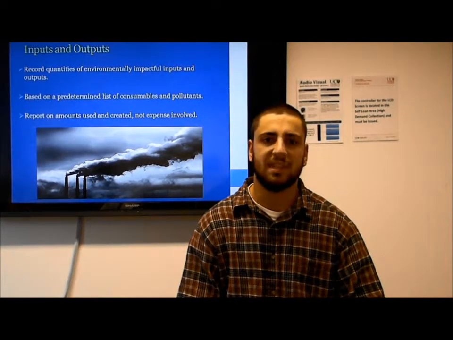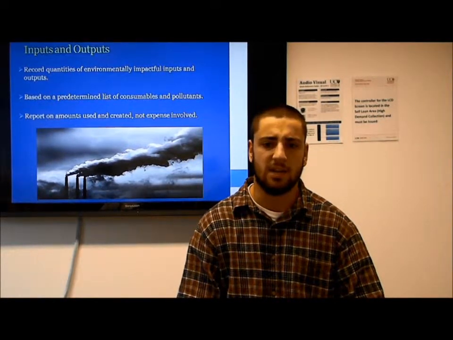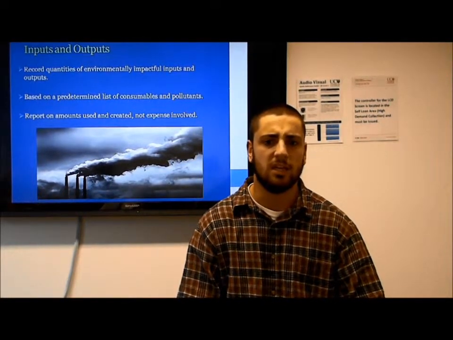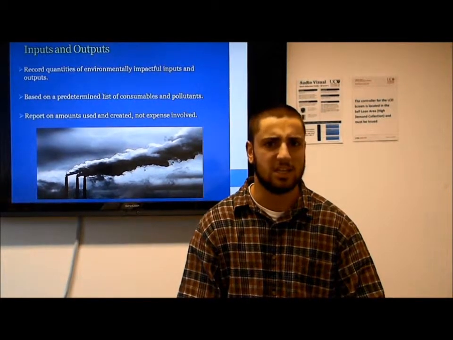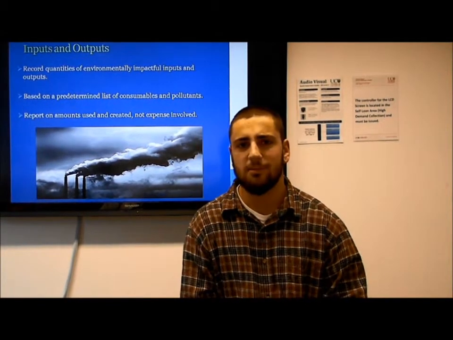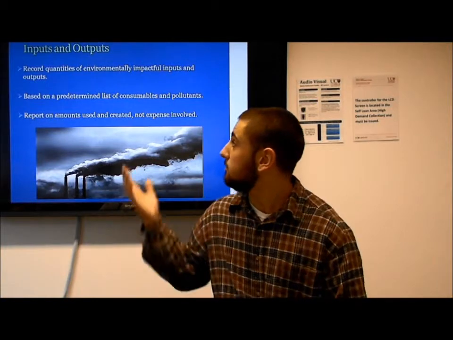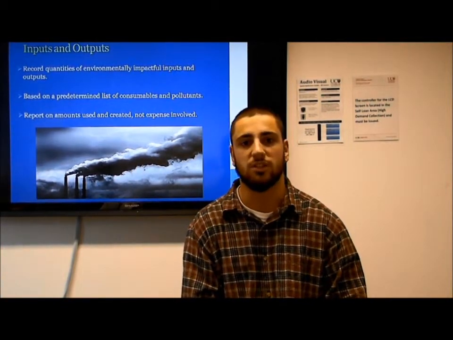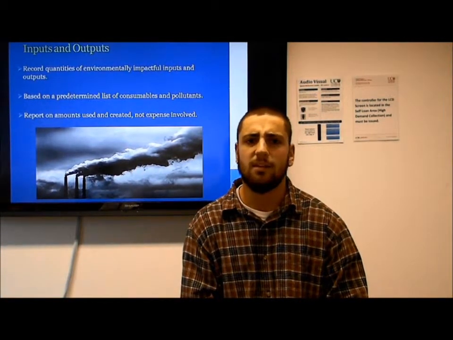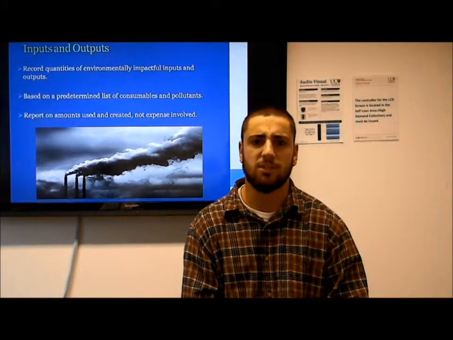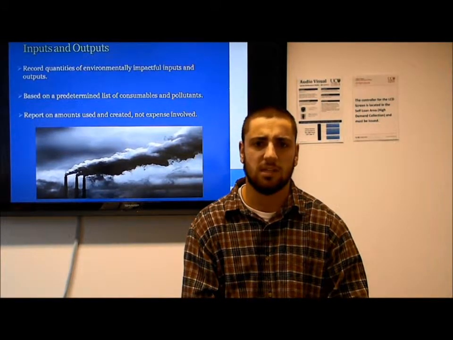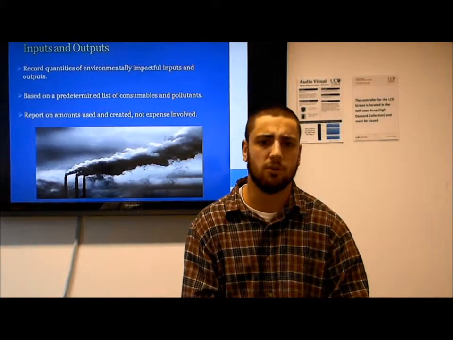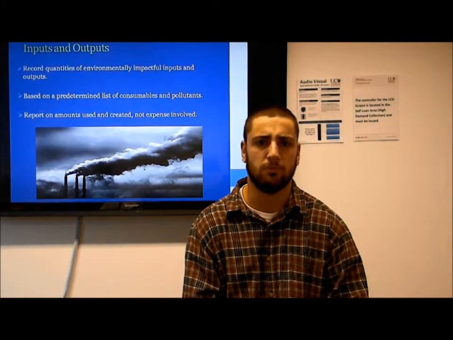All consumables are easily quantifiable so as to show the specific amounts used, and there would be no need for companies to report on how much has actually been spent. Now that we've spoken about the inputs, we can move on to the outputs created in production. Again, this would consist of a predetermined list of outputs and pollutants. Examples could consist of output of non-recyclable plastic in tonnage and CO2 output per unit of production.